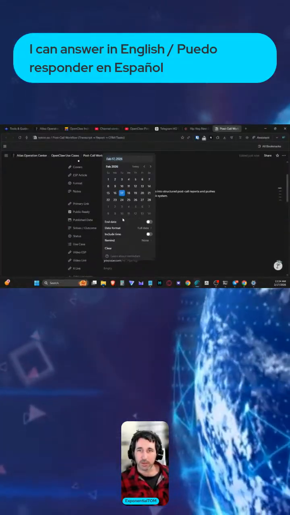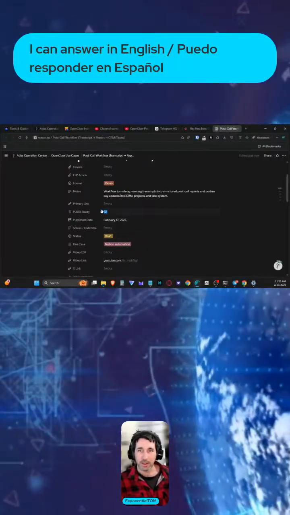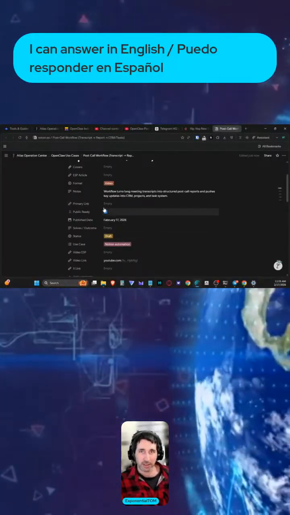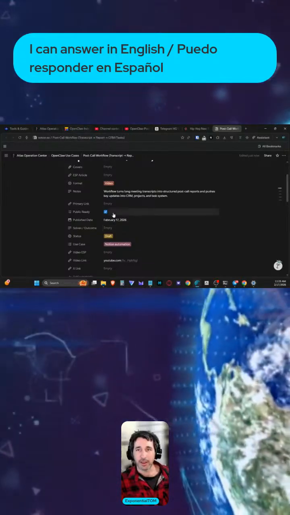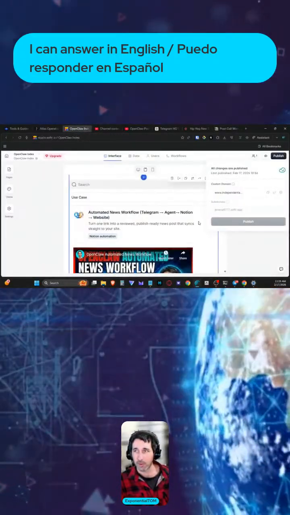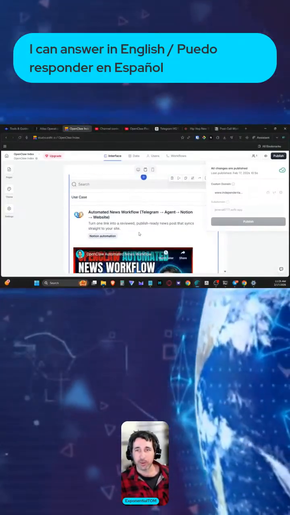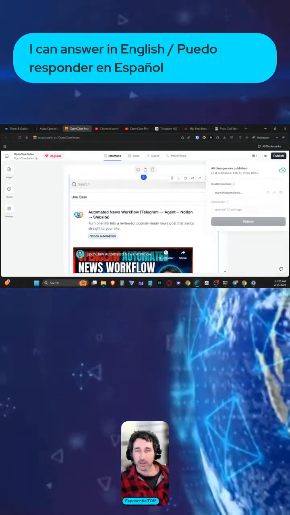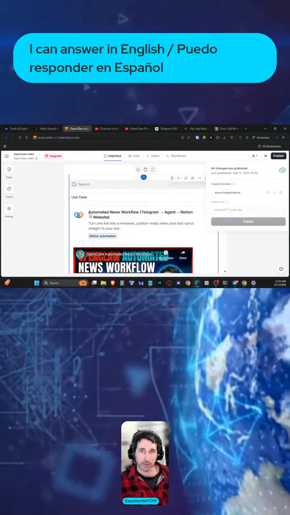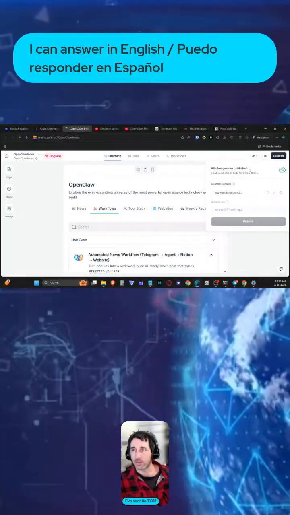And what I'm gonna do is I'm just gonna add the published data today, public ready. And when I give this little check mark, that triggers the automation on software. Software is my website builder. And basically now on workflows, you see that at the moment, the top one is the automated news workflow. So when we refresh,